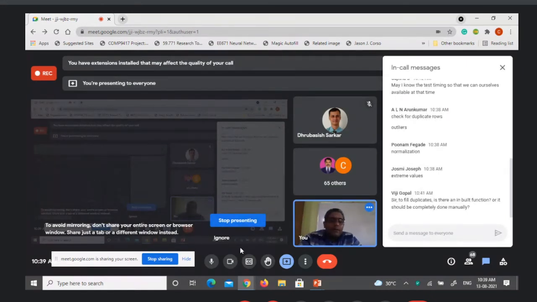To fill the duplicates, is there any built-in function, or should it be done completely manually? Yeah, you can do it manually, then you can understand. You can retrieve that particular row using the loc command by giving is null.